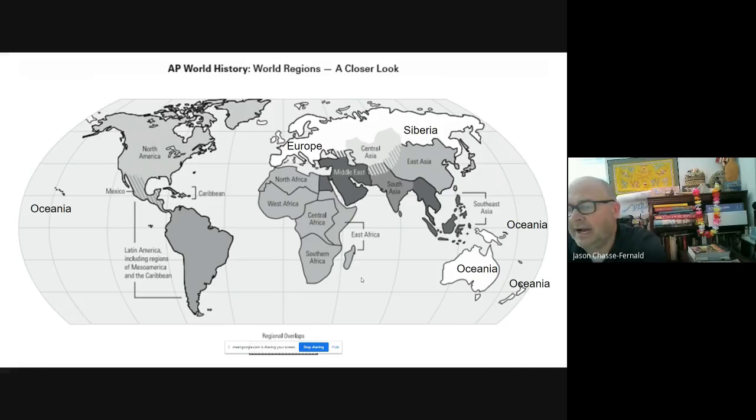For example, what is Mexico? If you're using pure geography, then Mexico technically is part of North America. However, the College Board map doesn't use geography alone. They use culture as part of the way to create these regions, and Mexico is part of the Latin American cultural region. So that's why you see that there. So it depends. I've had a bunch of really good questions today about this, so if you have one, let me know.